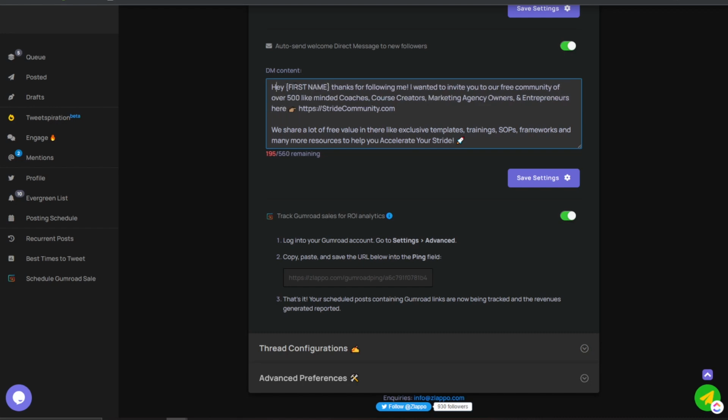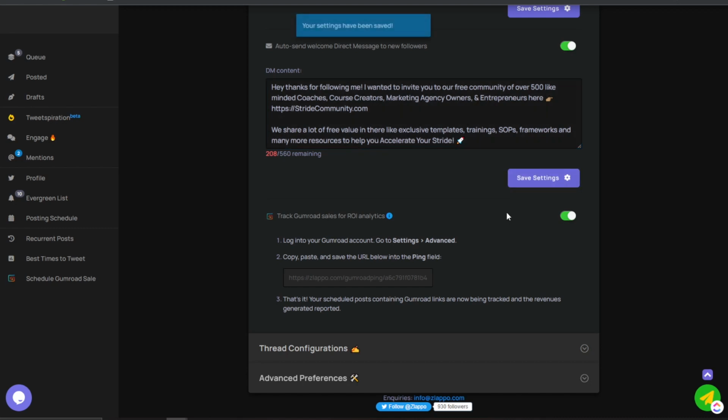If they could add a variable of personalization, like first name, Twitter name, different variables within their messaging, as many as they could have, that would be a cool feature. I don't know if they have that yet. Maybe they do. From what I've seen, I haven't seen anything about that, but hopefully that would be a cool